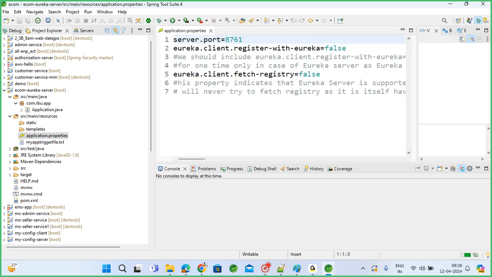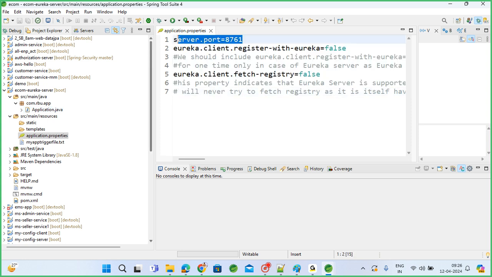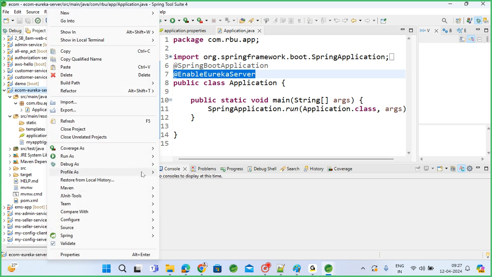I want to run the Eureka server port on 8761, with no self registry. Eureka itself is not a microservice, so I don't want to do any self registration, because I don't have any DB operations or URLs here. It is just a Eureka service running on 8761. That's it. You can directly run this application. It will run as a service, and enable Eureka server here. That's it. Now if I run it,